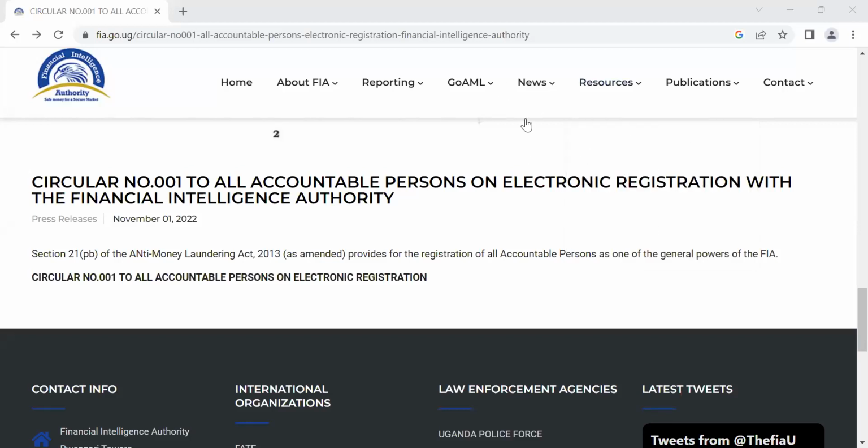Okay, let me see if there are any other questions. Everyone will get an e-certificate. If you're registered on goAML, they will be generated for you. If you've never registered before on goAML, it will still be generated upon your registration. Okay, since I don't see any other questions, let's move to the next part.